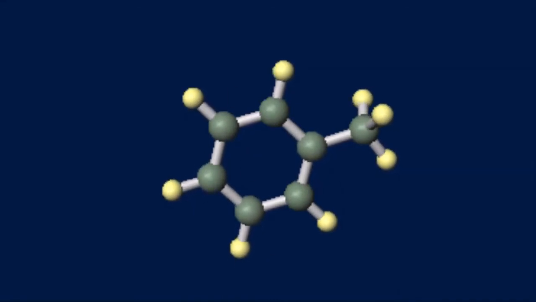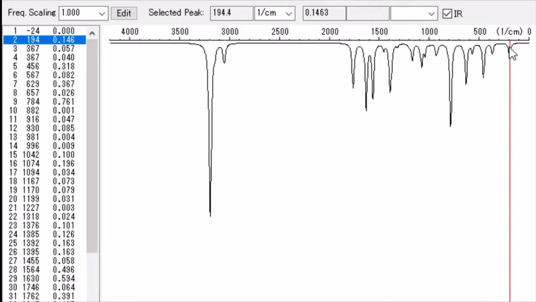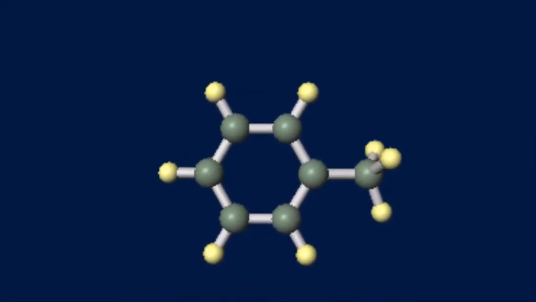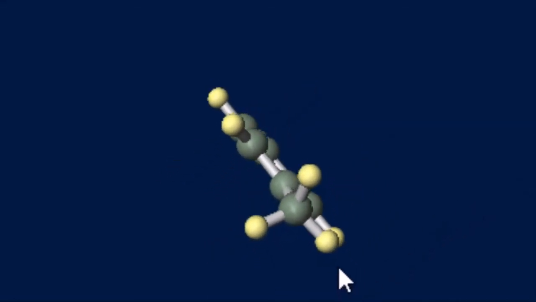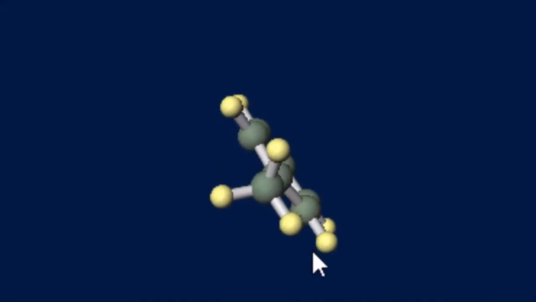Right, let us see another peak. Only one peak we are going to see. The other peaks we are not going to see. We shall take some other time to explain other molecules. Right, this is the last molecule. Let us animate. Right, this is the vibration of the molecule. Let me rotate the molecule to see it from a different angle. Now it is looking good. Now the vibration is visible. Can you see?